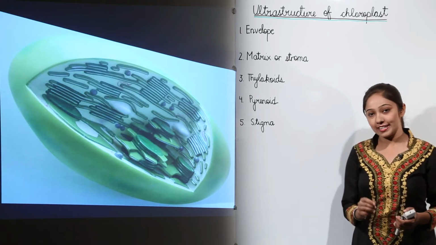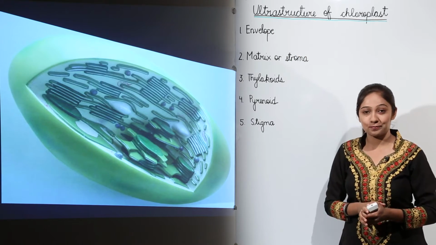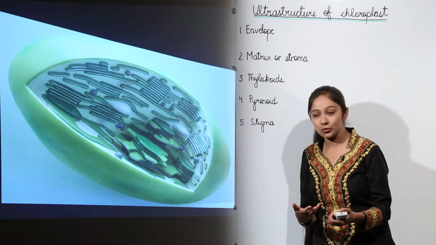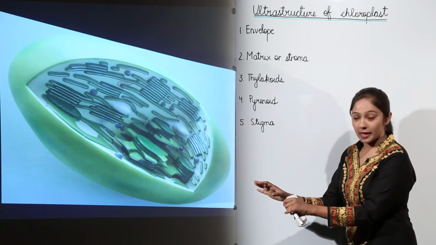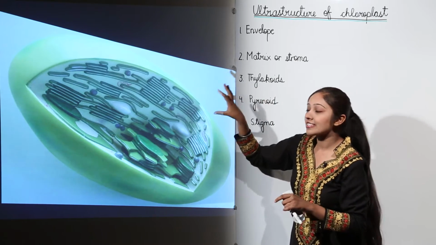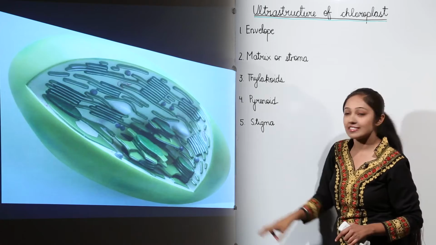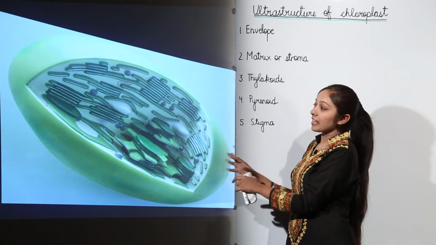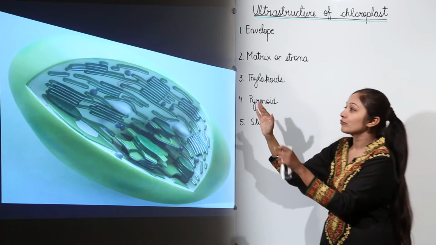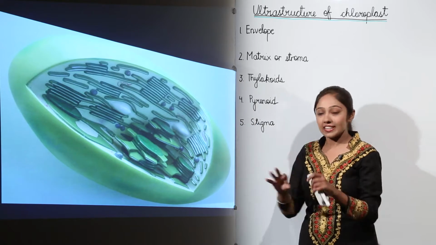Now please be very attentive, because now we are going to begin with the ultrastructure of chloroplast. Look at this very beautiful model of chloroplast. How does it appear to you? Well, to me, this chloroplast is covered with some envelope, and inside there is a core which contains many structures, as you can see inside. So this model beautifully portrays that the chloroplast is made of the outer envelope, and inside is a core which contains these structures.